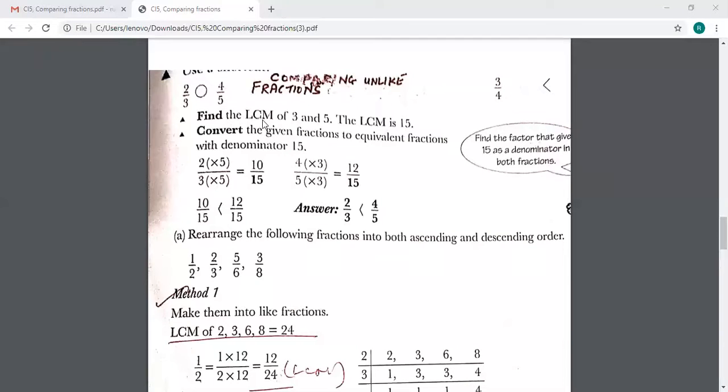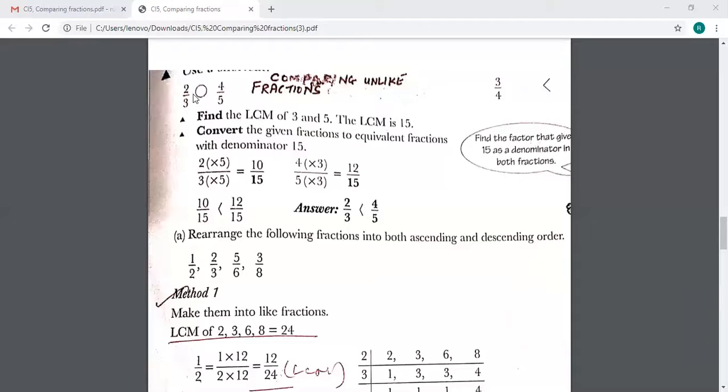So what do we do? Find the LCM of 3 and 5. Children, more than the sum, it is important that you know the rules so that you can do any number of sums. So learn the rules and understand the rules nicely. Why are we doing it? When I find the LCM of 3 and 5, that is the common multiple and the lowest common multiple, we get 15. Now you have to find the LCM here. You know how to find the LCM. You have to show how you find the LCM of 3 and 5.